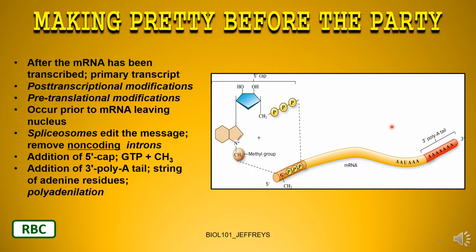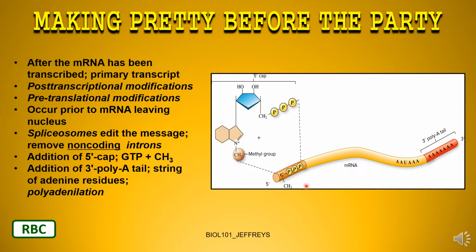And so you'll recall from chapter 15 that when you transcribe your messenger RNA, that's what you see here, you have to process it before you can translate it. Remember, transcription takes place in the nucleus, translation takes place in the cytoplasm. Transcription, you get the primary transcript, then you have to process it before it goes out of the nucleus to be translated. And the way you process it is you remove the introns, which we'll see in here in a second,